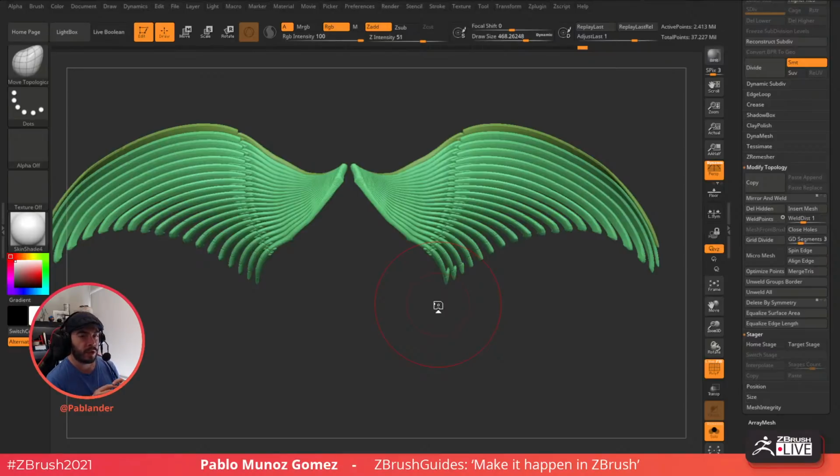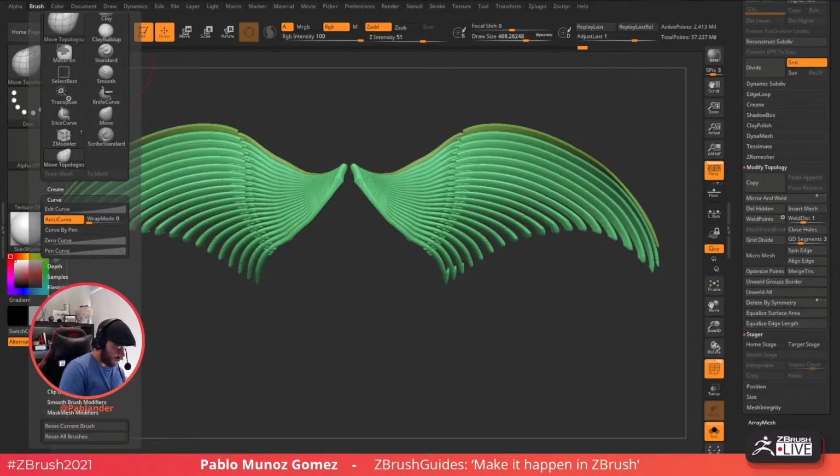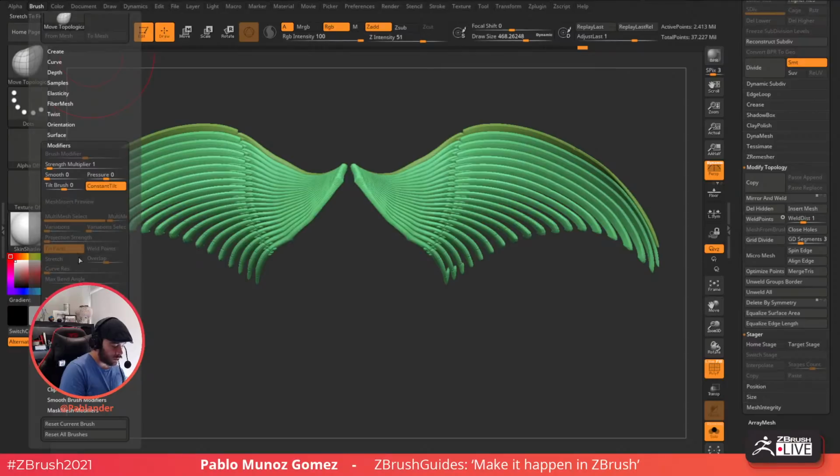I'm guessing in a rope, like a curved rope that has a tri-part, so it has the top bit, the middle bit, and the bottom bit. The stretching, you can control that from the brush palette modifiers here. So when you have the curve enabled, you can control the stretching in here, the tri-part, the curve resolution. So my first instinct would be to increase the curve resolution, so you have more resolution, and secondly, make sure that the top polygroup is at the same thickness or the same height as the center,